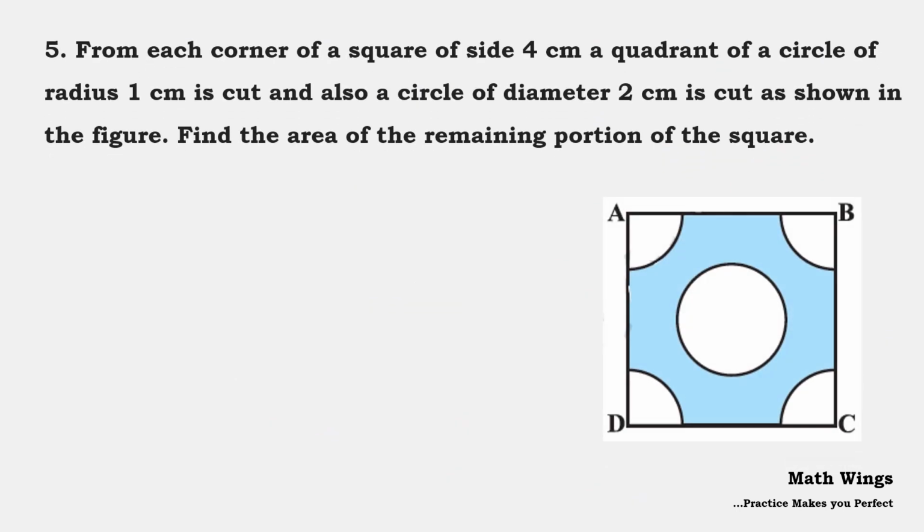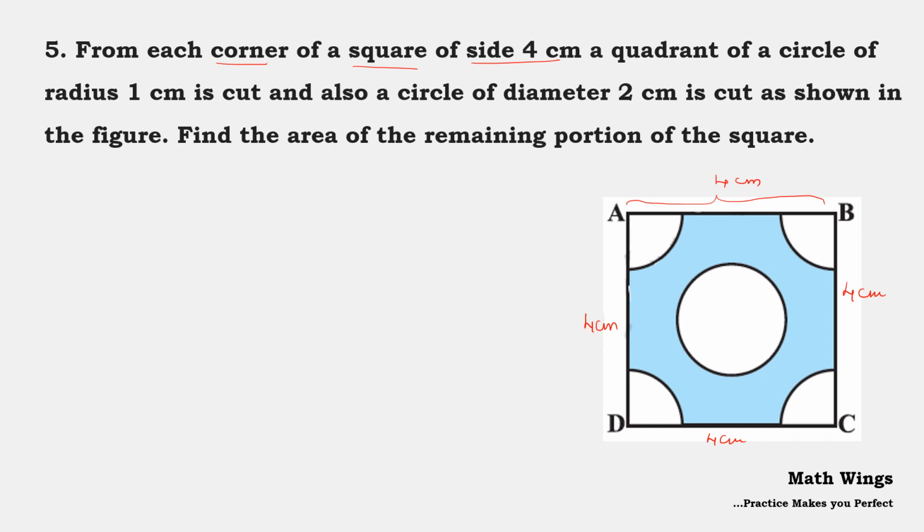The question here is, we have to find the area of the shaded region. Let us see what they have given. From each corner of the square of side 4 centimeter. So side AB is equal to 4 centimeter. Similarly, BC is equal to 4 centimeter, CD is equal to 4 centimeter, as well as DA is equal to 4 centimeter. A quadrant of the circle of radius 1 centimeter